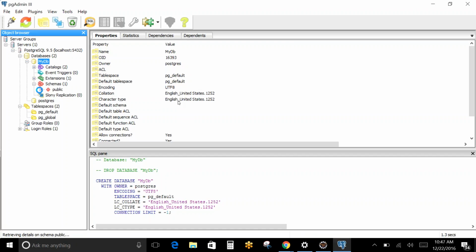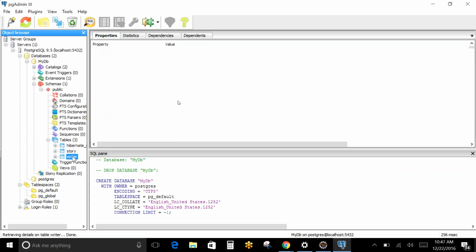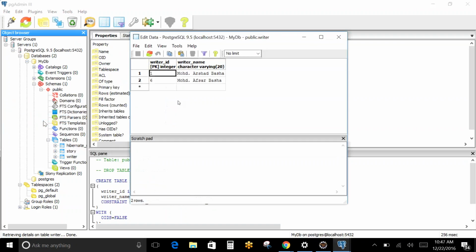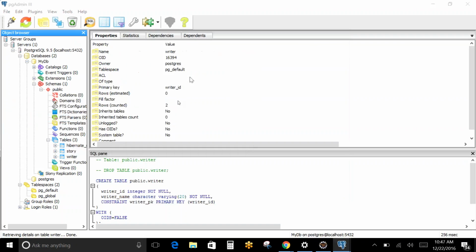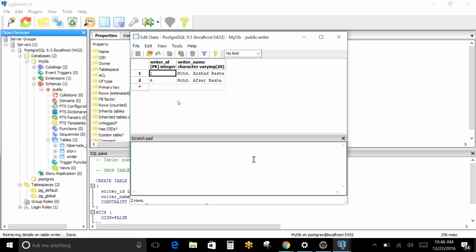Schemas, public, tables, right click on writer, view data, view all rows. It is showing you the sixth record. So writer ID 6 is the new record. Right, so this writer ID 6 should be inserted